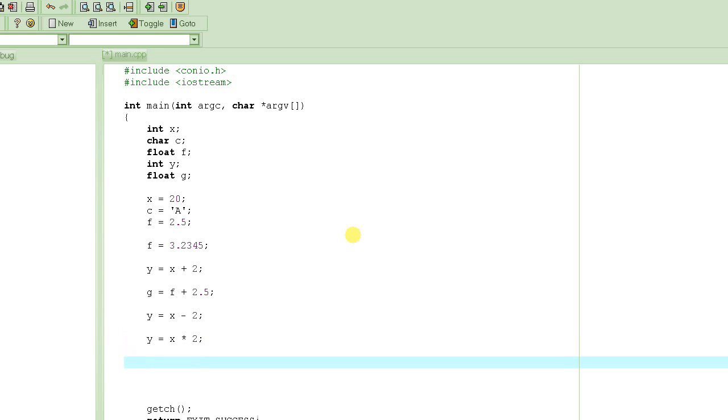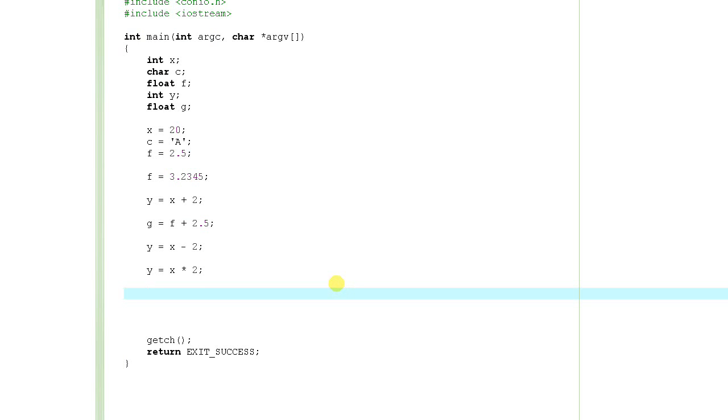This is plain algebra. The only thing now that I'm going to tell you about is basically a little bit different from algebra. You could do something like this: x is equal to x multiplied by 2. What this is going to do is multiply x by 2 and then assign the result to x itself. In algebra this is an invalid equation, but we are not doing algebra here,